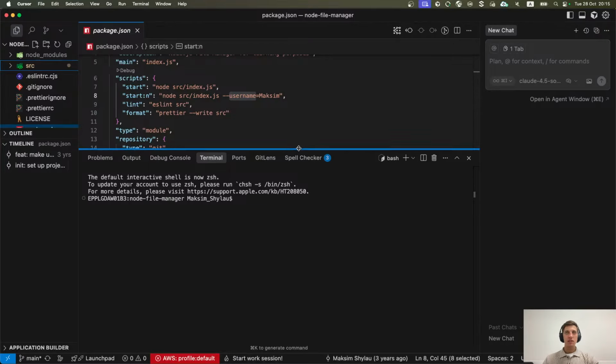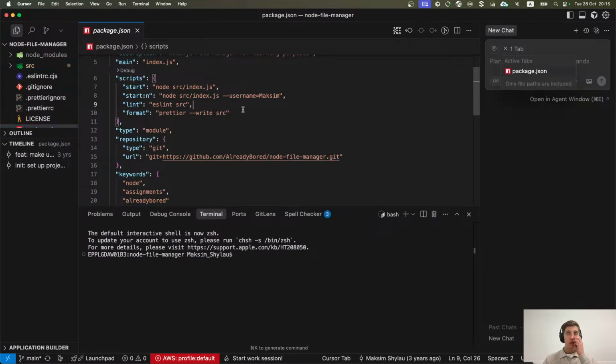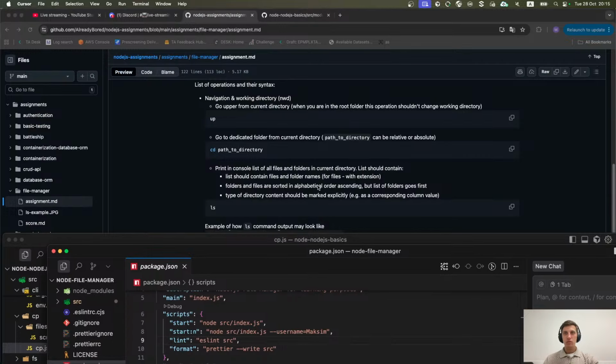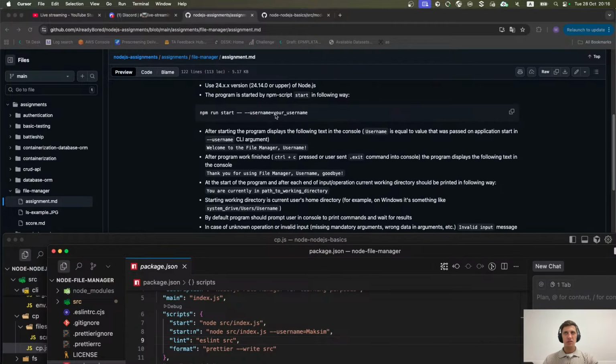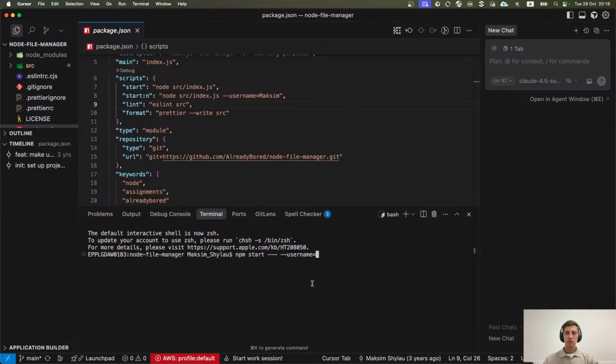Okay, I will hide the implementation. Okay, then start, username equals to. Oh, let's actually copy it from here.